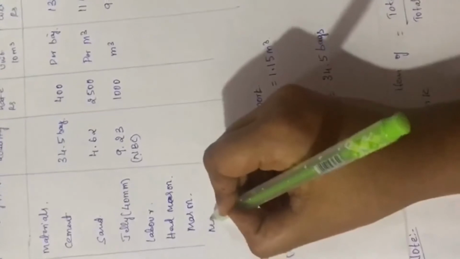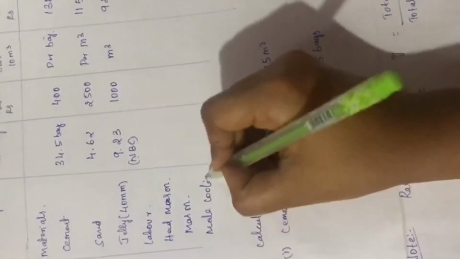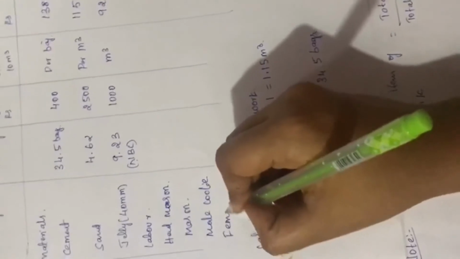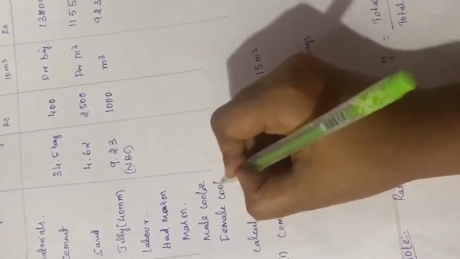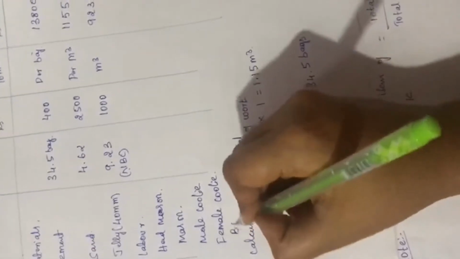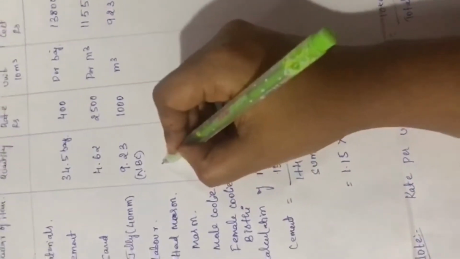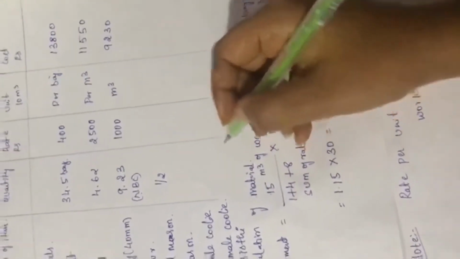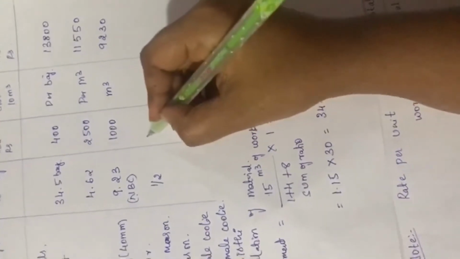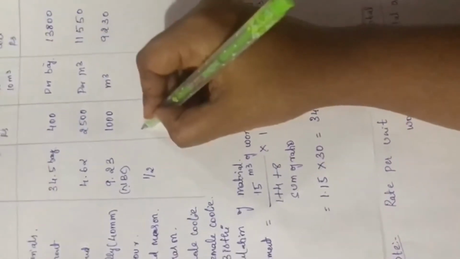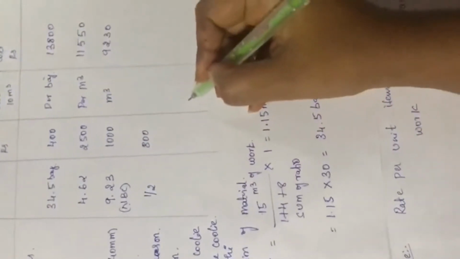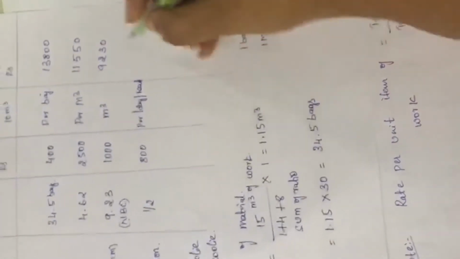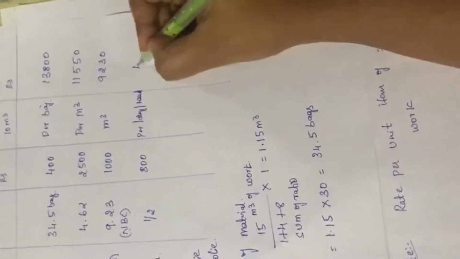When you are considering the rate, we are using it only for giving guidelines. So I'll consider half quantity. What is the rate? As per the different locality, the rate also changes. So 800 rupees, and this is considered per day per head. So the total cost will be 400.